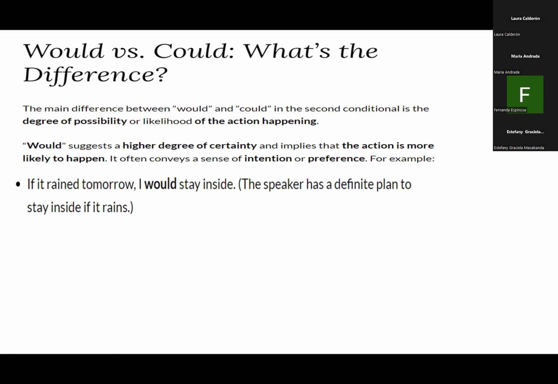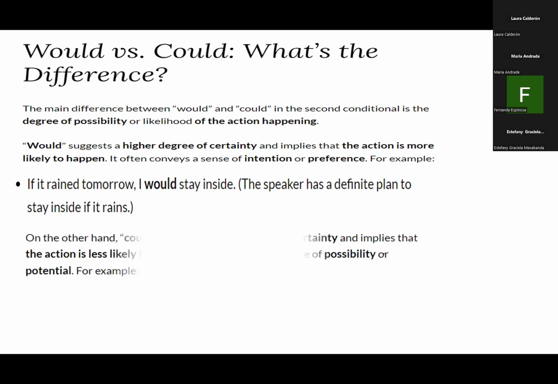If it rained tomorrow, I would stay inside. So the speaker has a definite plan to stay inside if it rains. So it's something that you prefer. It is a preference. On the other hand, could suggests a lower degree of certainty and implies that the action is less likely to happen. It often conveys a sense of possibility or potential. So for example,